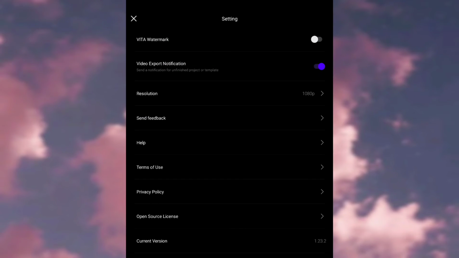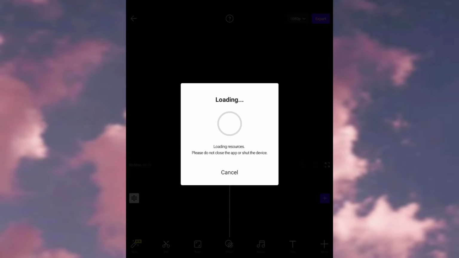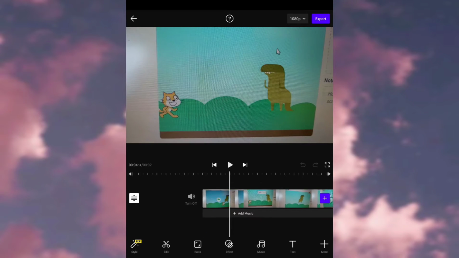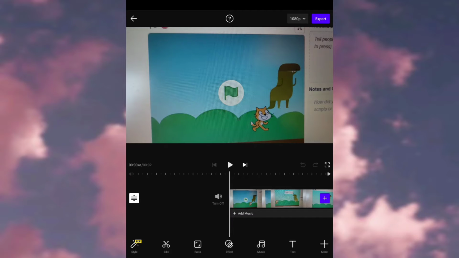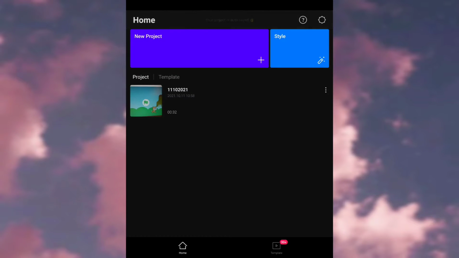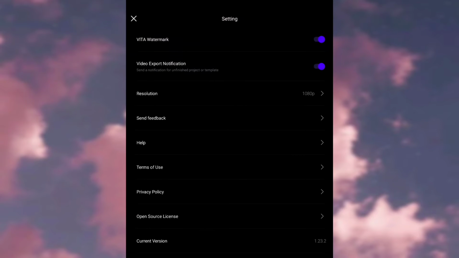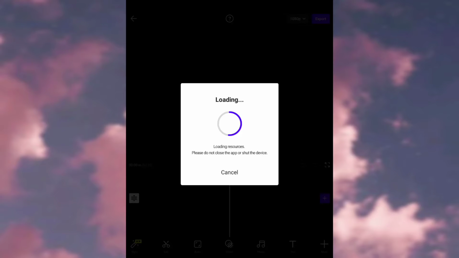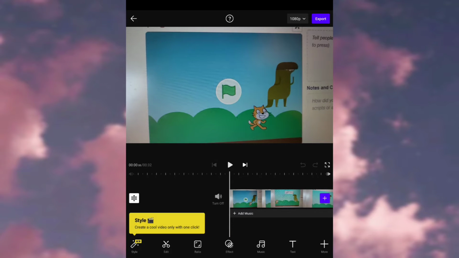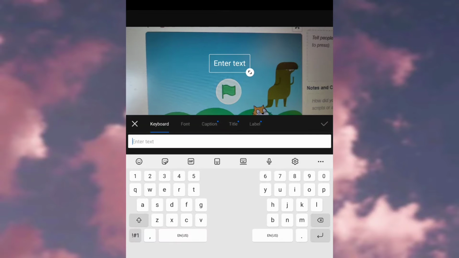Now see, you can even turn the watermark on and off by going to the settings. The settings button is at the top, and this is really good. If you want to keep the watermark, you can keep it. If you don't want to keep the watermark, you can turn it off in the settings like this. See, the settings button is at the very top. So here is our video we are going to edit.